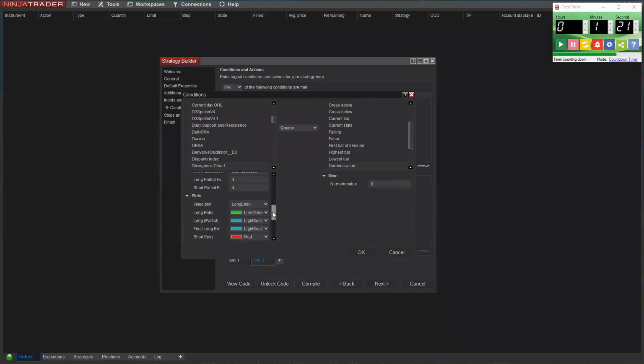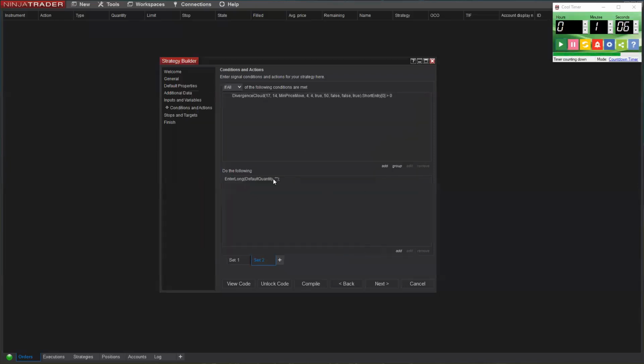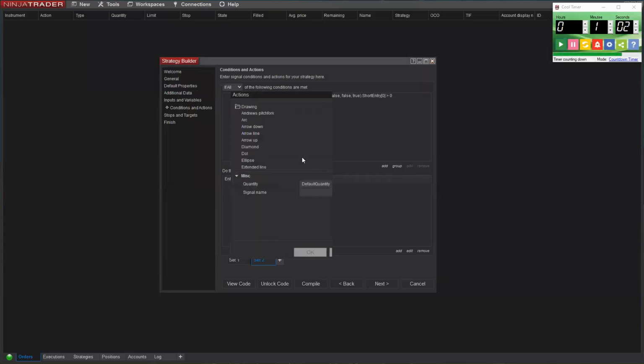Instead, we want a short entry signal. Again, it needs to be greater than 0. So we leave it as is. Oh, nope, short entry. Okay, and I will also enable plot on chart, which will show the cloud on the chart. And instead of going long, we will go short. All right, enter short position, and we click OK.